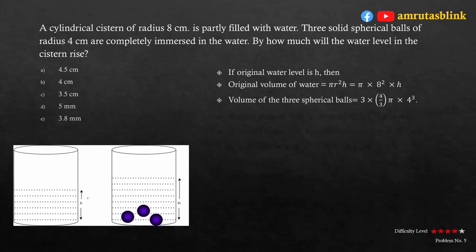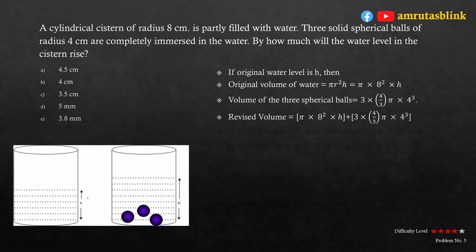So we have 3 into 4 by 3 pi into 4 cube. So the revised volume of water will be the original volume of water plus the volume of these 3 spherical balls. So the revised volume is pi 8 square into small h, plus 3 into 4 by 3 pi